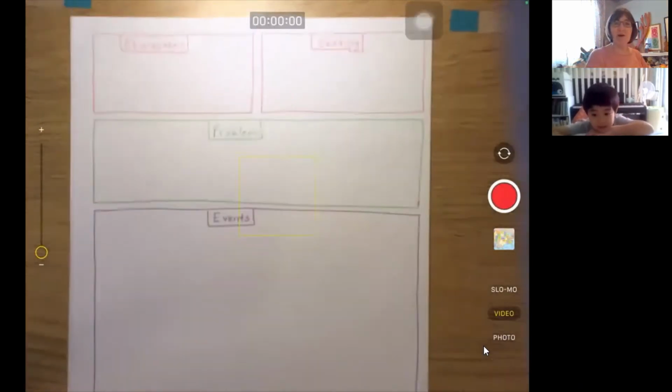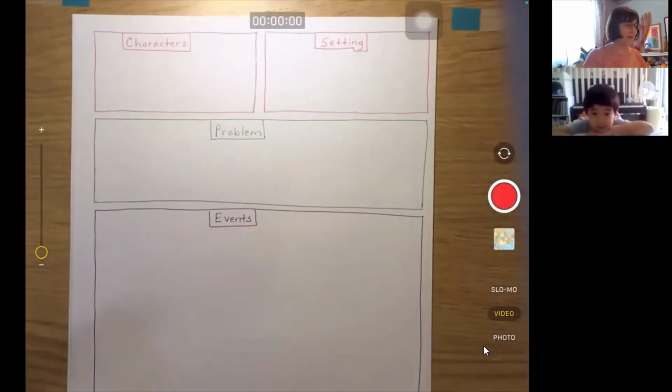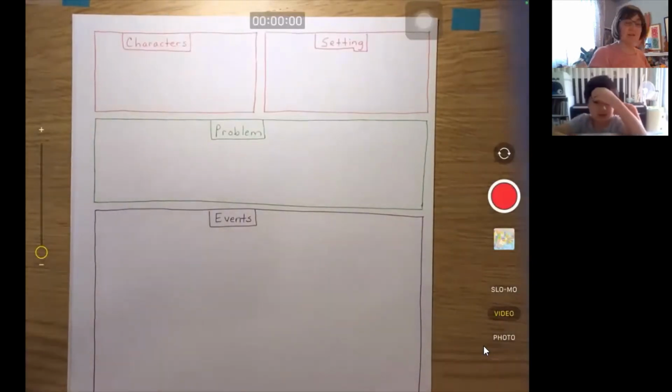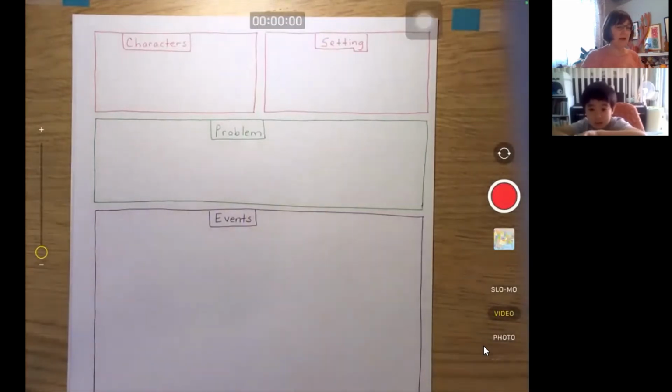This is something new I'm going to do today, where I'm going to let you see me writing, okay? Now, I think we have seen the story map before because you and I have written stories before. And when we write a story, the first thing we do is we make a story map. And the story map will help us